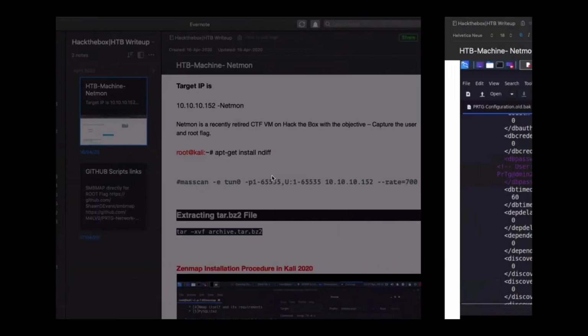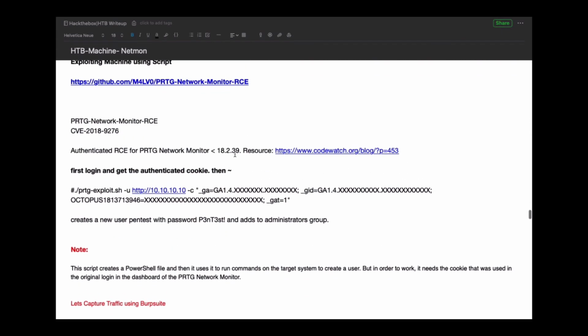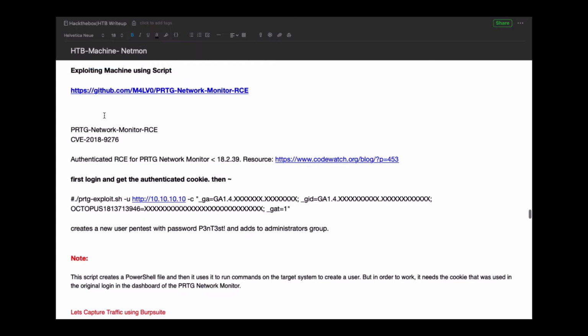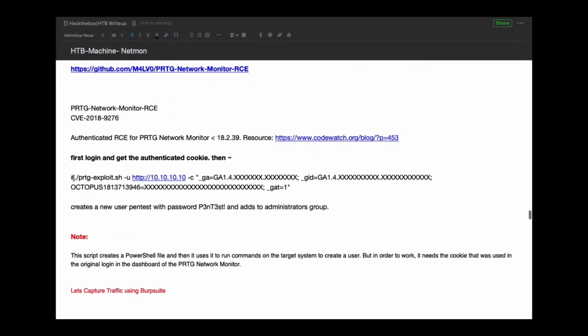So what I did here, after the username and login, you can see these scripts that I have downloaded, which is here. You can check it here. This is the GitHub, and this is the script we have to run using a cookie. This is a parameter, and here I have to enter the cookie. So how will you get this cookie?